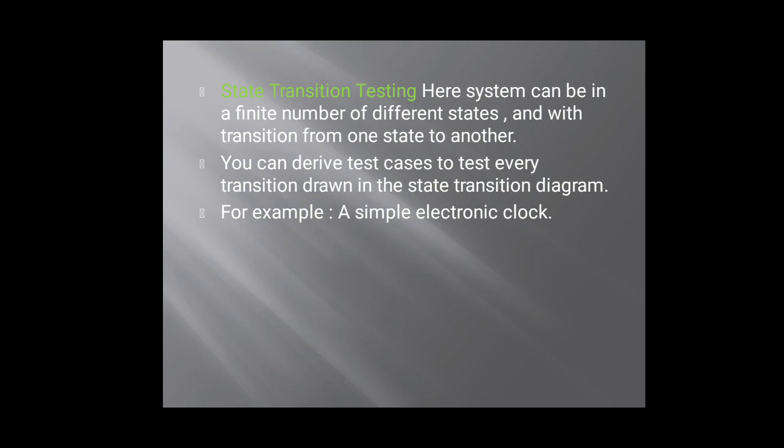So these are the states in which it keeps on moving one by one, so that it can give you an input as well as output, and in the final state it will give me a rectified expected output, that is time or date. So these are the things which are there in state transition. I would provide you with the diagram also of this example in the next lecture or in the next session.